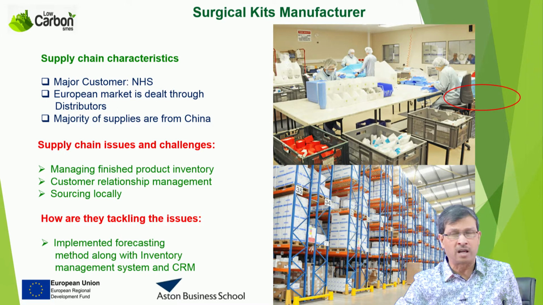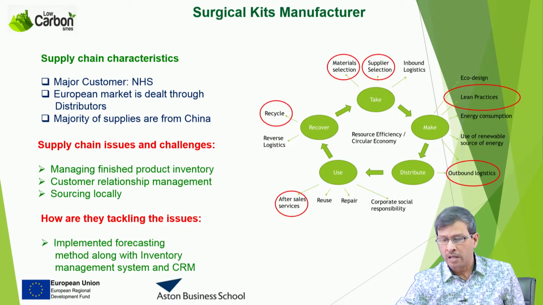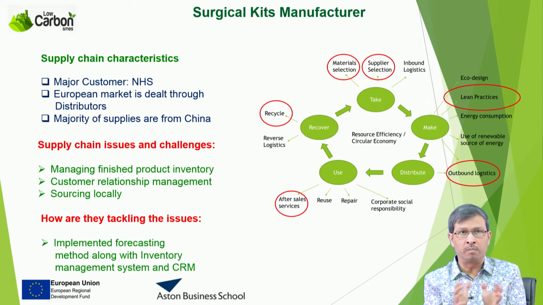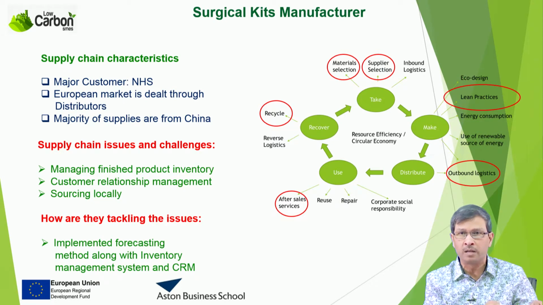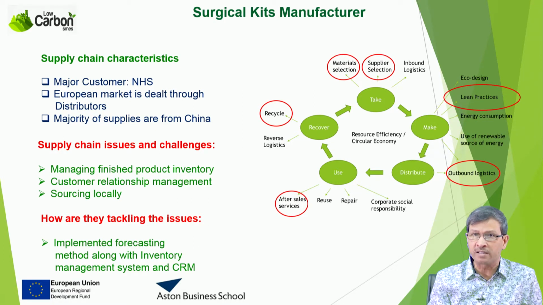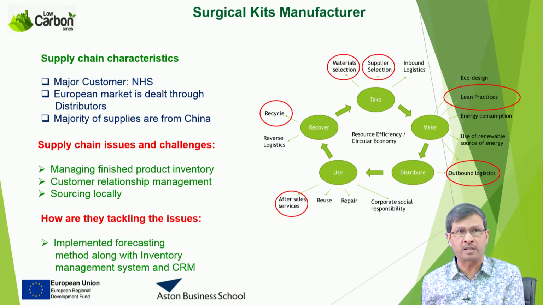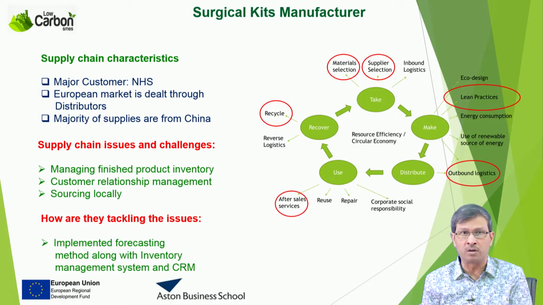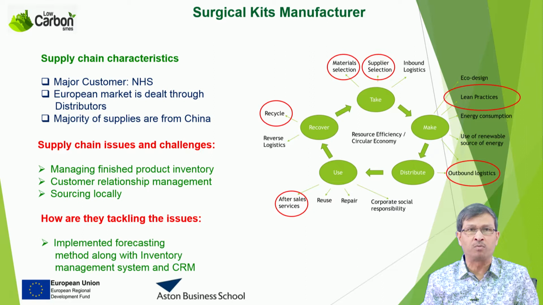If we look into that take-make model, we can see that these are the major areas where there is scope for improvement. Material selection, supplier selection in the supply side, upstream side. They need to look for and develop local suppliers, so as to have real time supplies, and deal with it very locally, and their inbound logistics cost would be lower, the carbon footprint of the supply chain as a whole would be lower, and adopting lean practices. That means in the finished product stage they have huge inventory, they need to think of reducing it, combining with the outbound logistics,